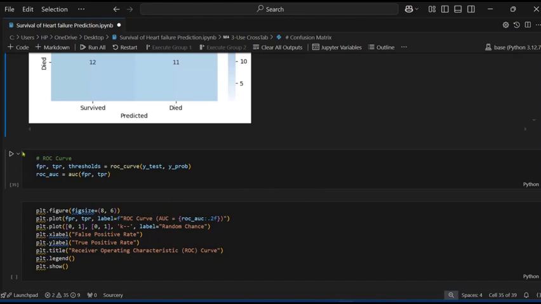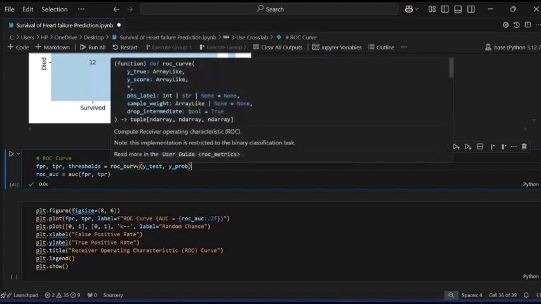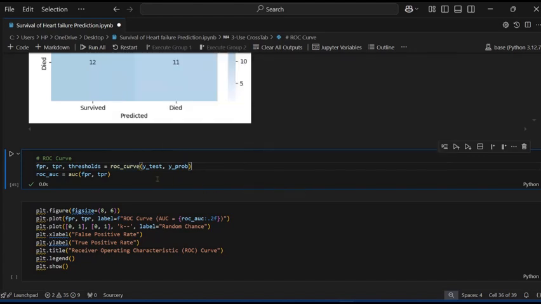So FPR, TPR and thresholds are equal to the inbuilt function roc_curve, where I want to visualize the model with y_test and y_prob, and roc equal to where I pass these both inbuilt functions. So it's working. Now plotting the data.